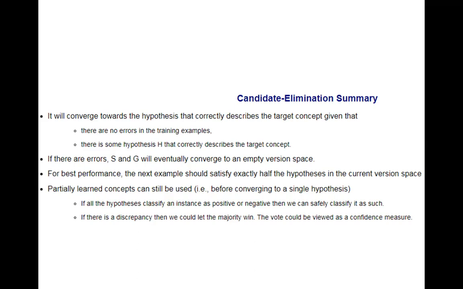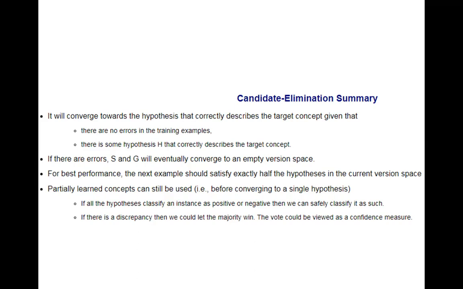For best performance, the next example should satisfy exactly half the hypotheses in the current version space. So you are doing the training, you have 5 or 6 examples, 3 examples already trained. The next examples should be such that they match half of the hypotheses already present. Even a partially learned concept can still be used.